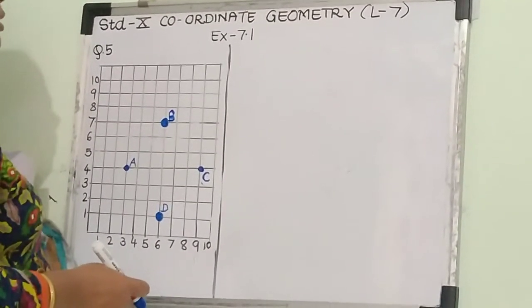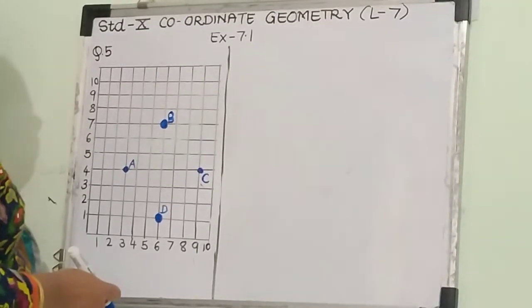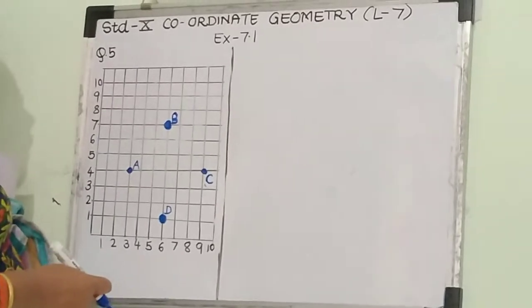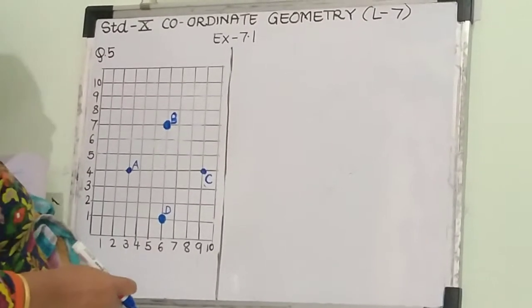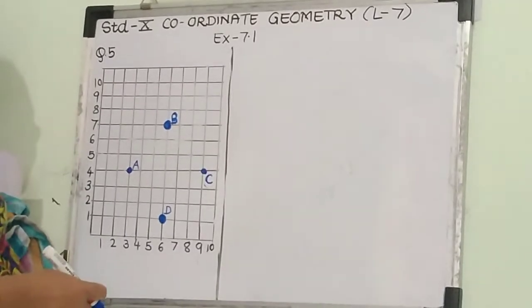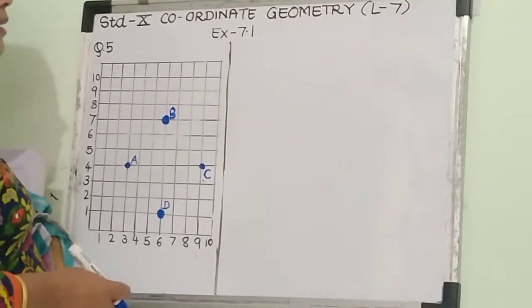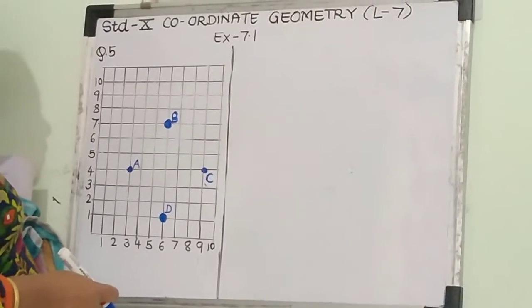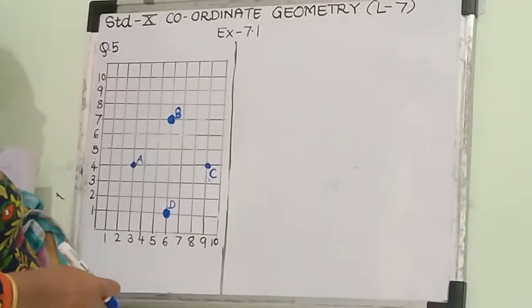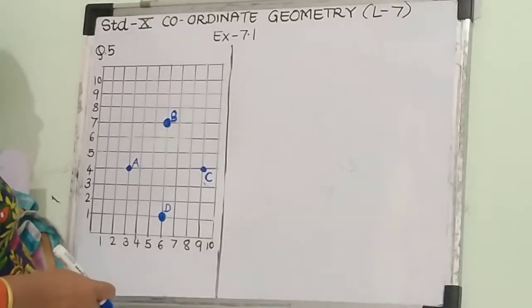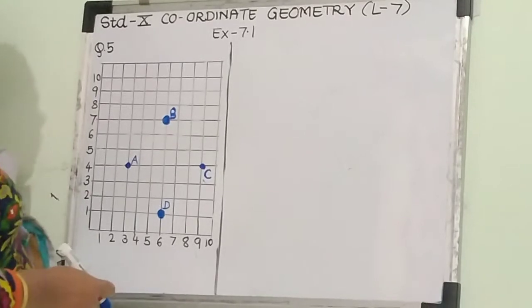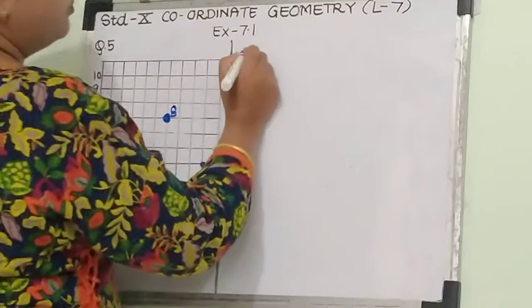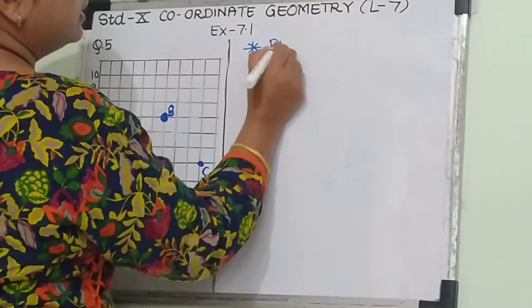Good morning students. In the previous lecture we saw the introduction of coordinate geometry that we already learned in 9th standard, that is the xy plane, then the equation of x axis, y axis and the 4 quadrants, and the points which lie in the 4th quadrant. So that is the revision part we finished in the previous lecture. Also we finished one topic, that is the distance formula.